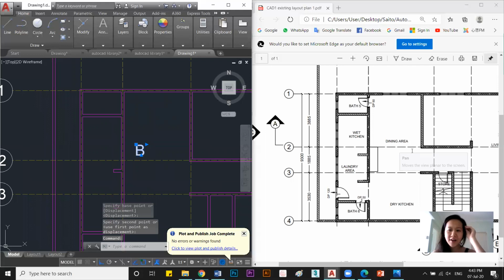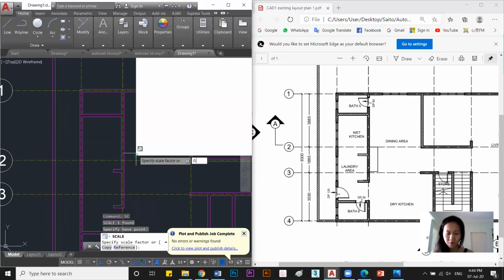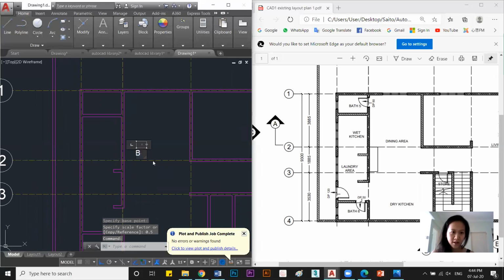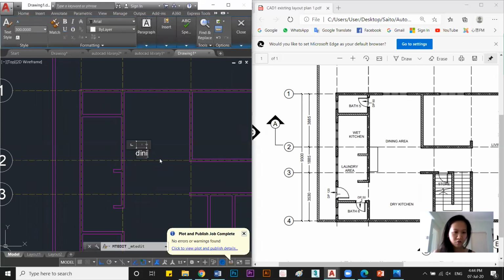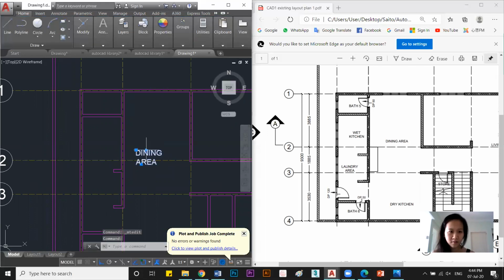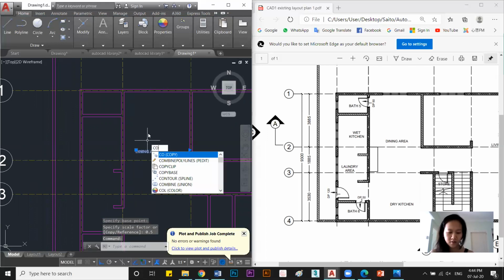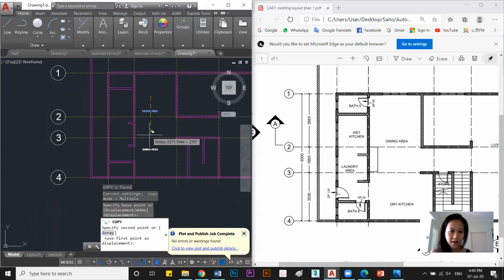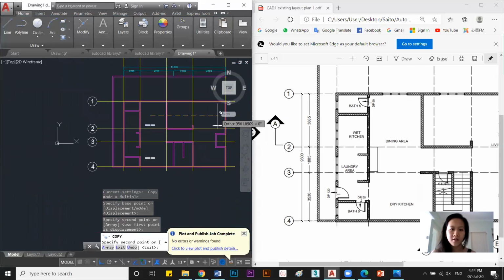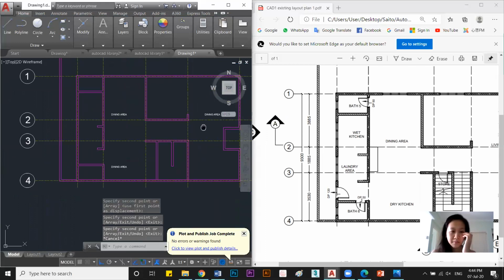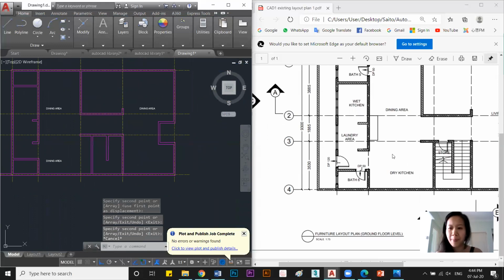the names, dining area, dry kitchen, the labeling. Scale it smaller, 0.5. Name it as dining area. Okay. Too big. Scale it smaller. Dining. Next, copy. What is this? Dry kitchen. Okay. This one, living. You just name it. Okay, name all the areas. Then,